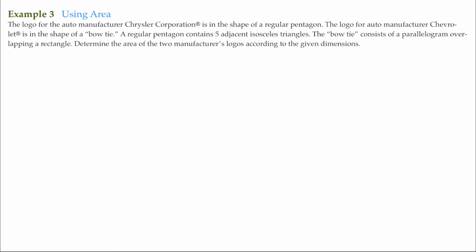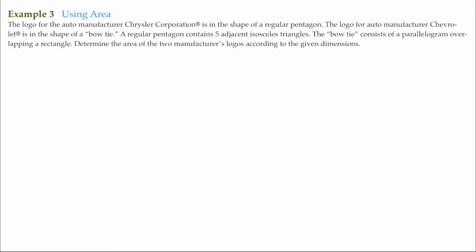In this example, we are going to be using area. And don't forget that area is the amount of surface that a particular polygon has. And we're going to use our understanding of simpler geometric shapes such as triangles to help us solve more sophisticated shapes. So this problem reads, the logo for the auto manufacturer Chrysler Corporation is in the shape of a regular